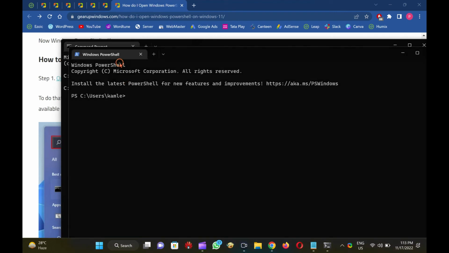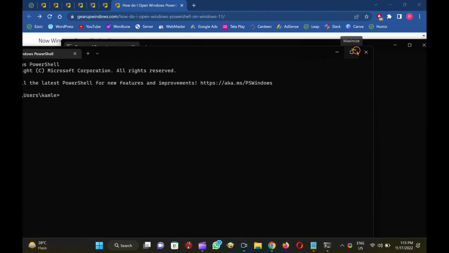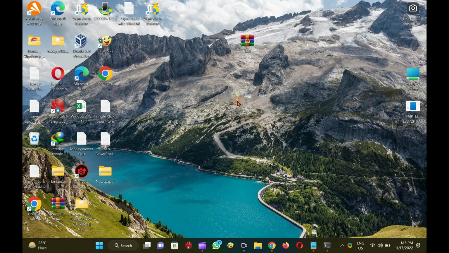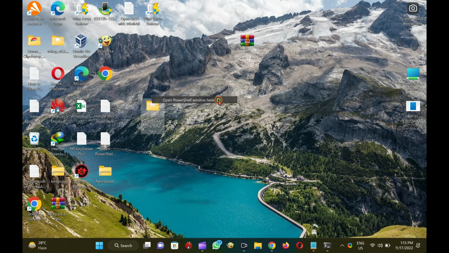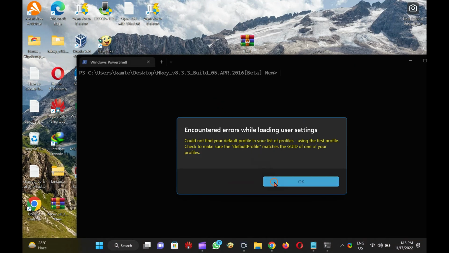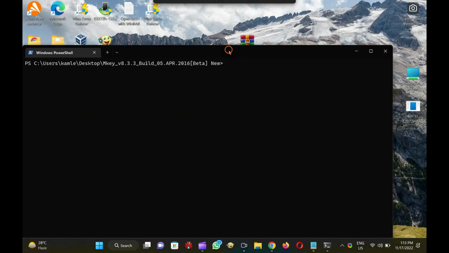How to launch Windows PowerShell from the context menu. Windows 11 also lets you launch PowerShell from the context menu at any folder. File Explorer includes a hidden command by default. To open PowerShell in Windows 11 from the context menu, press and hold the Shift key on the keyboard, and then right-click on the free space on the desktop or the folder you want to open the PowerShell console. Then click the option Open PowerShell window here.